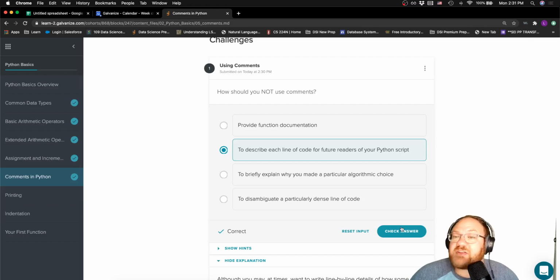Sometimes you might want to sketch out your logic in pseudocode that will end up being line for line. But once you've actually written the code in a way that's already inherently readable, then you can go ahead back and delete some of those comments that you gave yourself to work off of initially. So that's a little bit